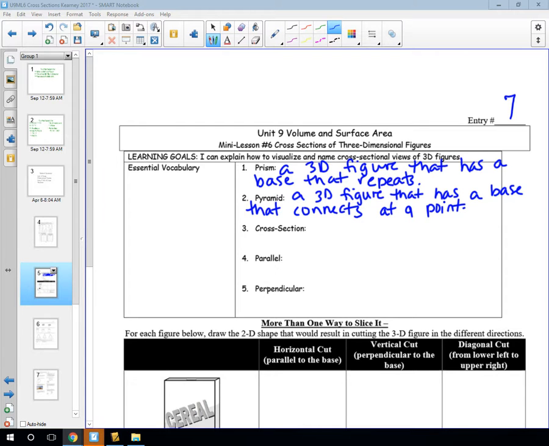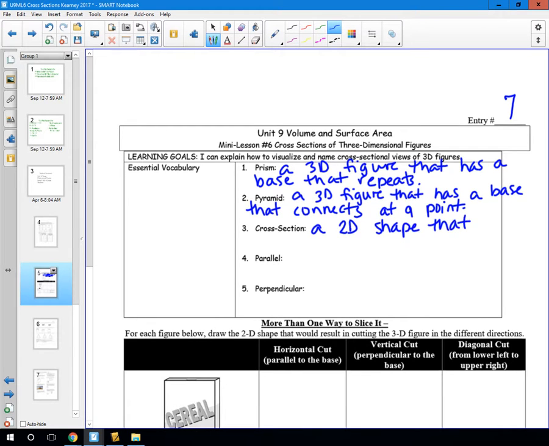So today we're going to be talking about something called cross sections. And you may have seen this on your benchmark and wondered what in the world it is. So that's what we're going to be doing today. So a cross section is if you take a 3D figure and you slice it. So just imagine that you take a 3D figure and you just cut it in half and you open it up and you look on the inside. That a cross section is that 2D shape that is on the inside of that 3D figure after it has been sliced. So a cross section is a 2D shape